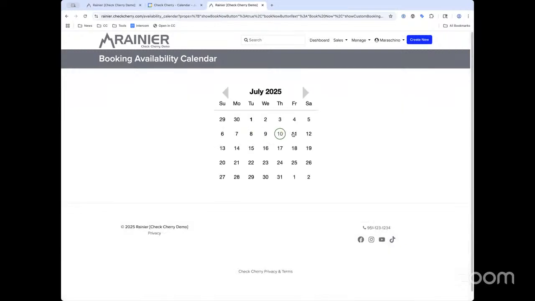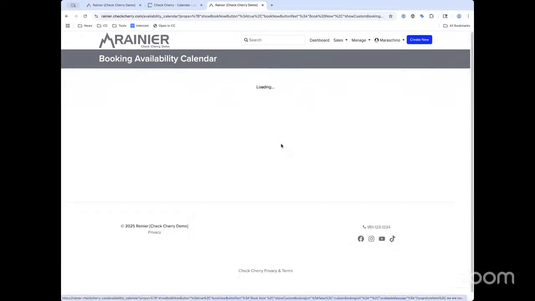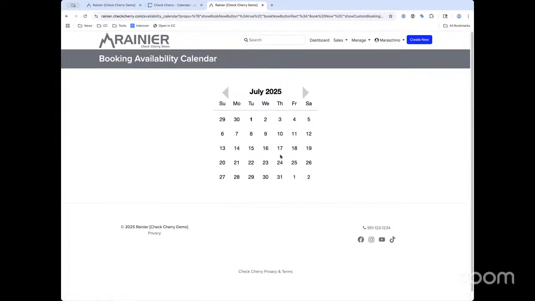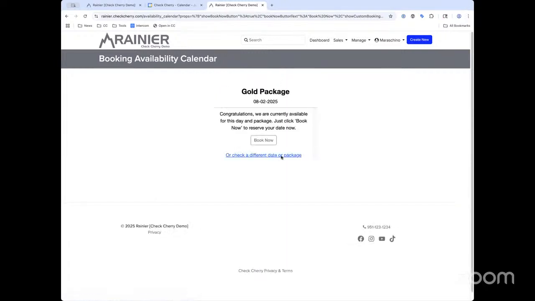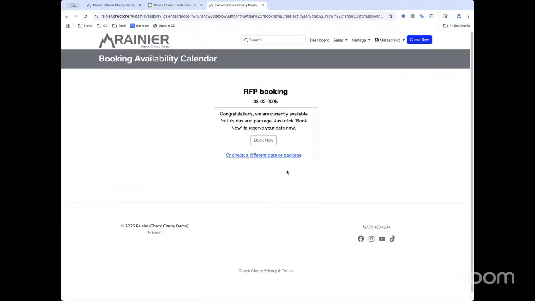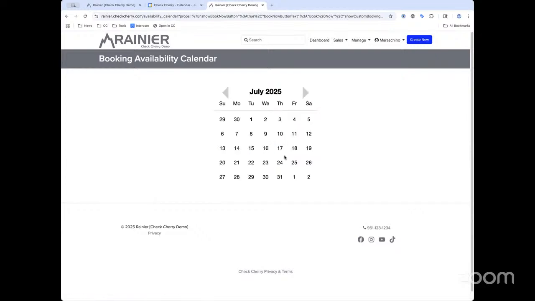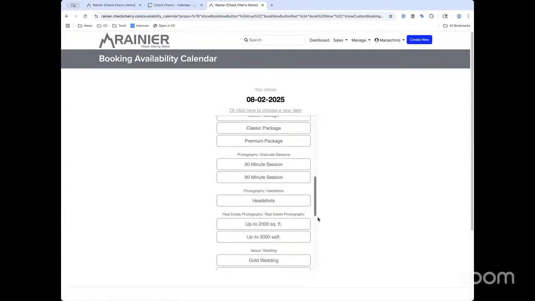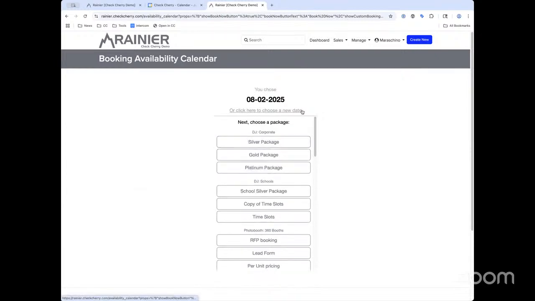Yeah. So basically I'm still paying for another DJ CRM software. And there's a couple of them that do it, but basically on my personal web page, I have a section where it says, hey, to see if we're available, click here. A calendar pops up. They click the date, and then they simply get a message, yes, we're available, or no, we're not available. And then it tells them to call to talk more, or I have some friends that I recommend them to. If we are available, it goes to the